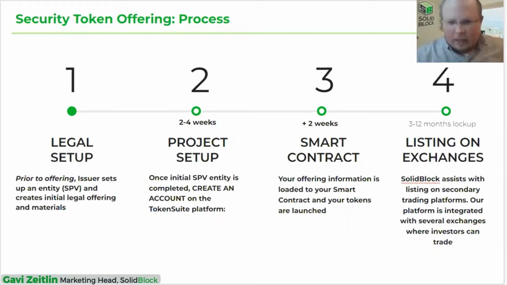What you're going to do here is, I always say, block off steps 2, 3, and 4 for a second. If you're going to issue your real world asset as a security, you're going to go through the legal process the same way you would as a regular offering, right? You're going to create an offering memorandum. You're going to create a PPM. You're going to have all the details written down, and you're going to create an SPV, which is an LLC that will take ownership of the asset.